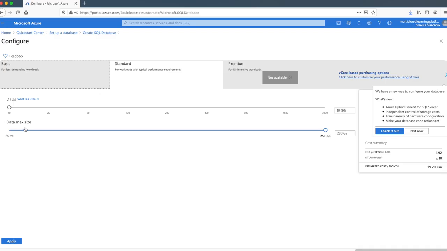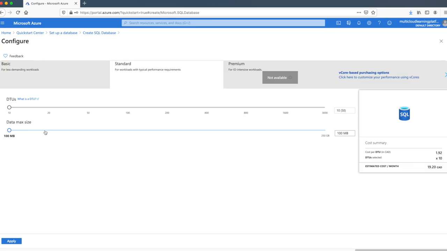All these three tiers are essentially meant to provide you different levels of processing power and storage depending on your requirement. As of this moment, the standard tier is selected, and the option selected right now is where I'm getting